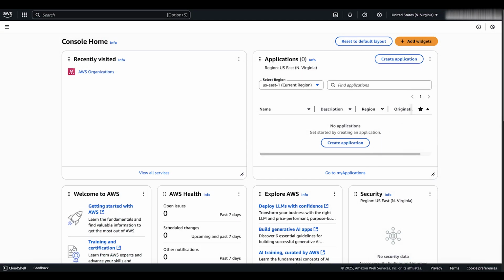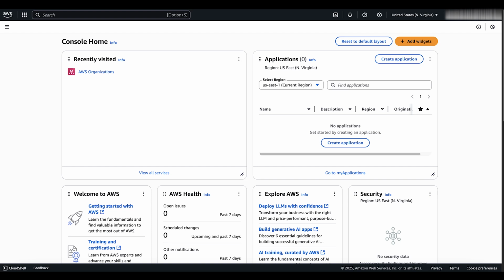Today, I'm going to show you how to use service control policies, or SCPs, and tag policies to restrict users in your AWS Organizations members' accounts from creating resources without compliant tags. Let's get started. First, let's create a tag policy to enforce standardized tags on supported AWS resources across your member